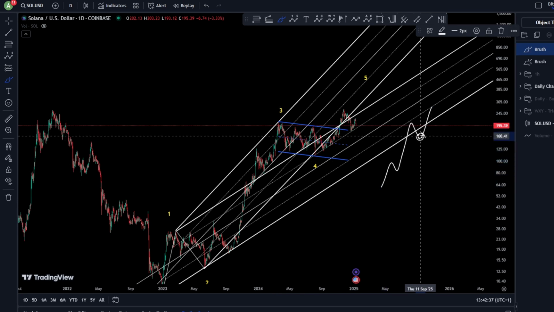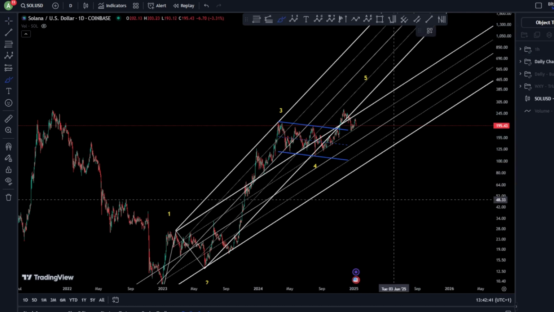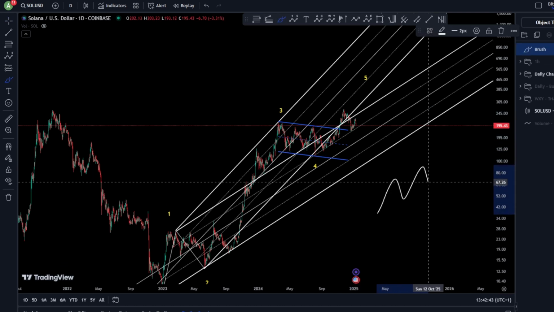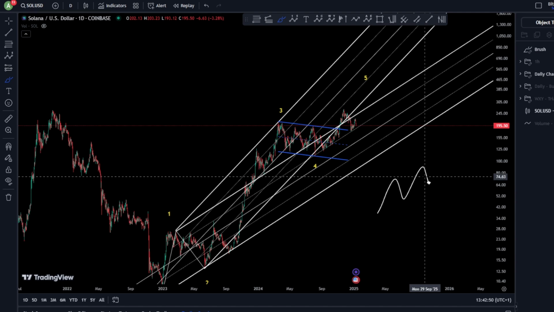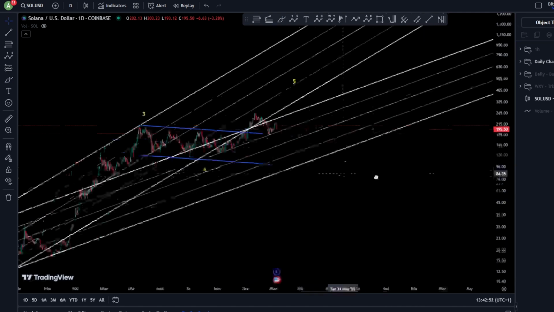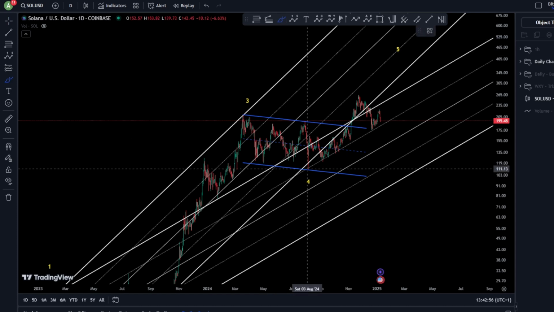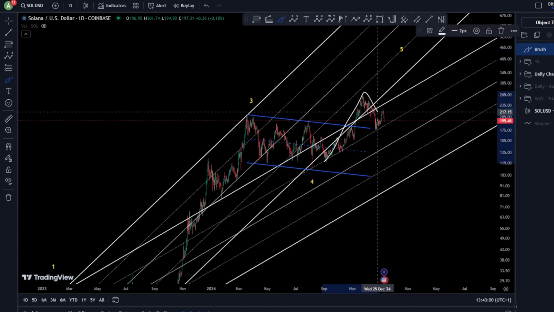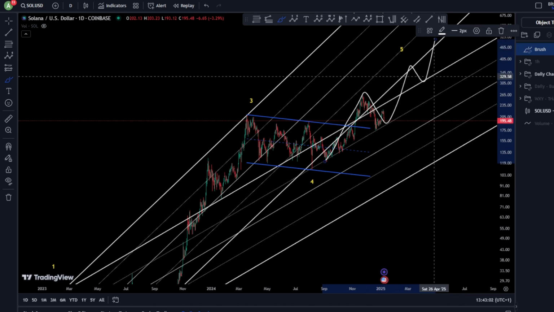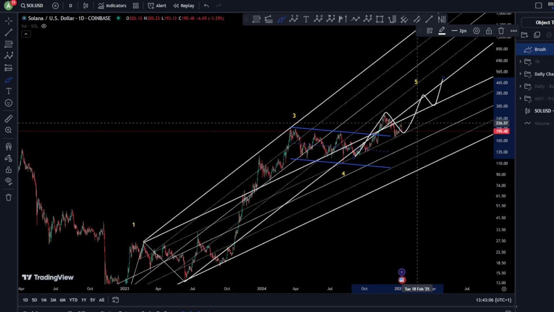Your wave 4 should not interfere with your wave 1 as overlapping, or it can be an ending diagonal where your wave 4 is allowed to interfere with your wave 1, but of course in 5 waves, a contracting diagonal. So the most likely possibility that we had lately is a contracting diagonal that we might have, and if we take a look over here on the daily chart with the channeling, we